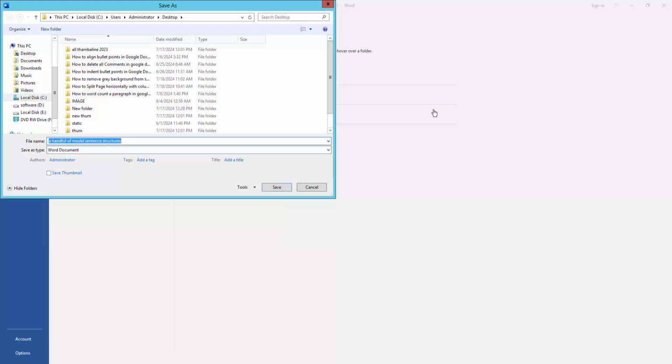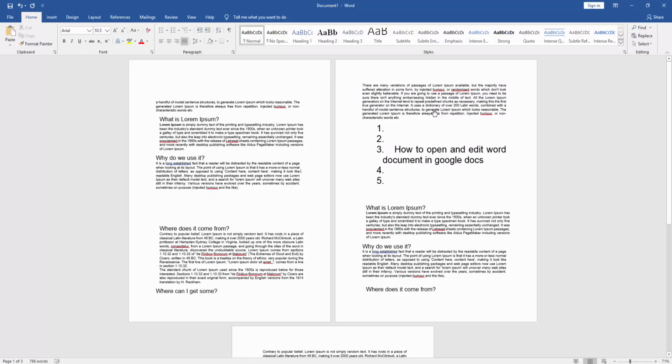Now I am editing the file name. Then click save. Then now go to the